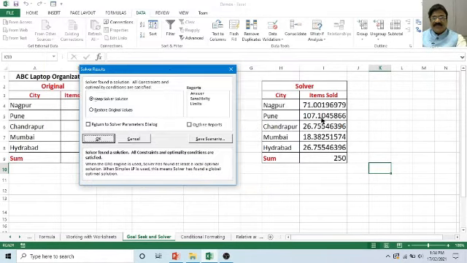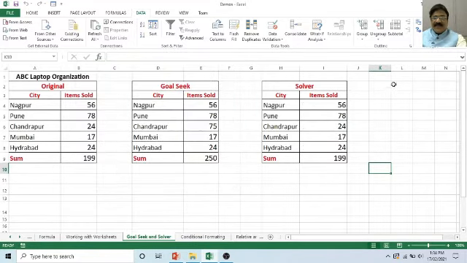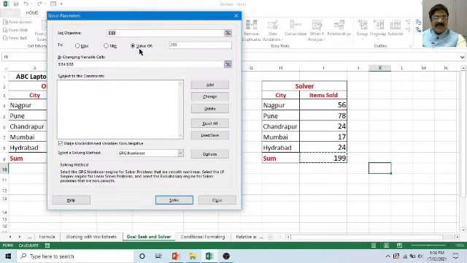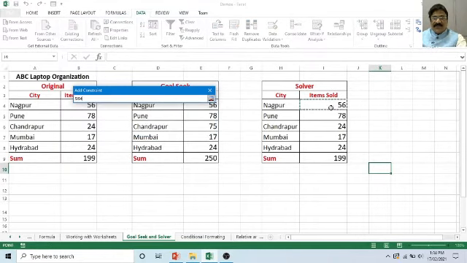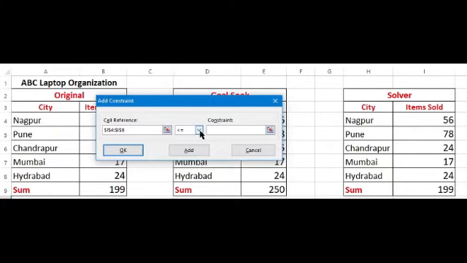Observe that it is showing the values in decimal points. I don't want this, so restore the original values and again click on solve. Again set the values, but now I am putting certain conditions. The condition is that the value should be an integer. Okay, add this condition.